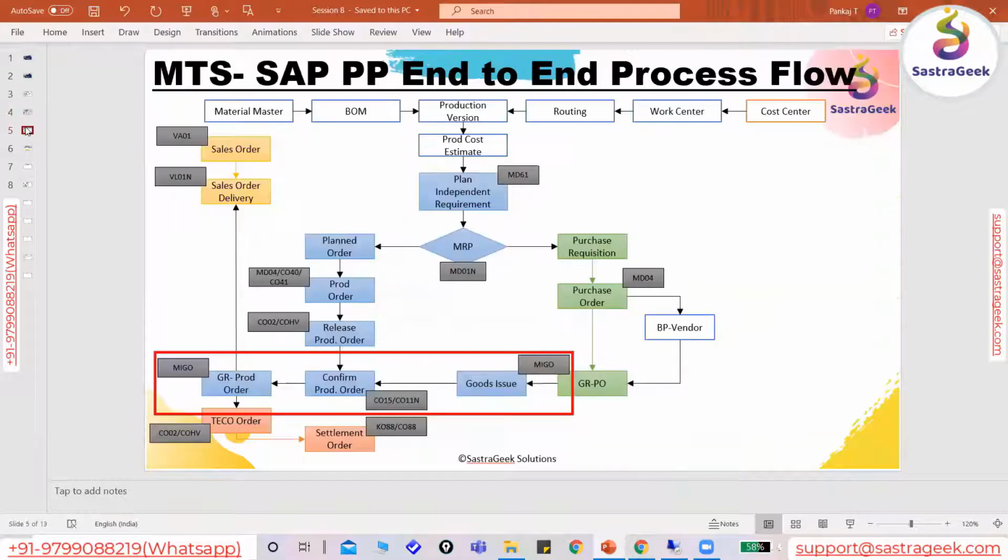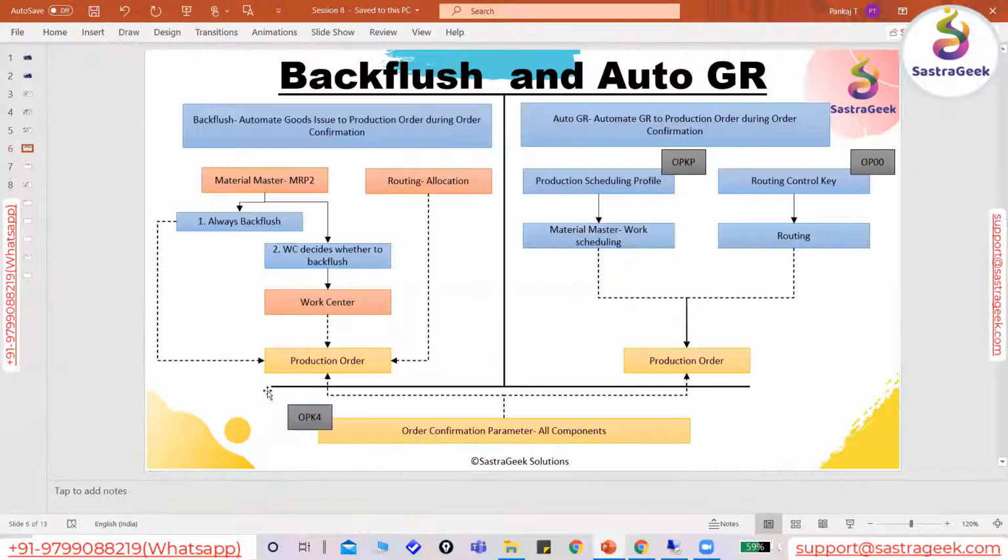In our last session, we checked the PP end-to-end process flow with make-to-stock planning strategy, and we focused on the production order confirmation, goods issue, and goods receipt, including how to do the backflush and auto goods receipt.